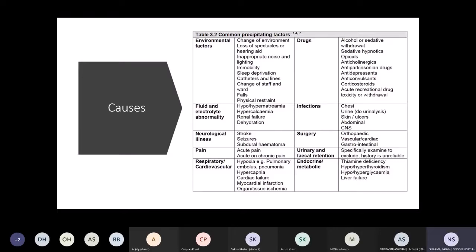Okay. Urinary and fecal retention, very important. As I told you, constipation and urinary retention are the most commonly missed causes for delirium. We would just look at the numbers or the blood test. We would examine the patient, but we would forget to take a good history regarding the bowel and urinary habits of the patient. And we need to specifically do a PR exam in an elderly patient who's delirious and we can't find any other cause.